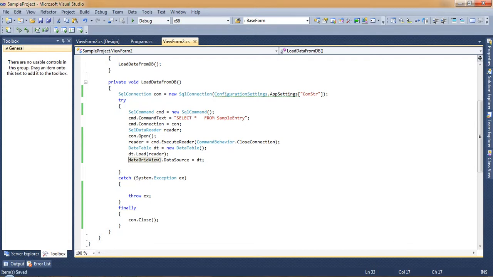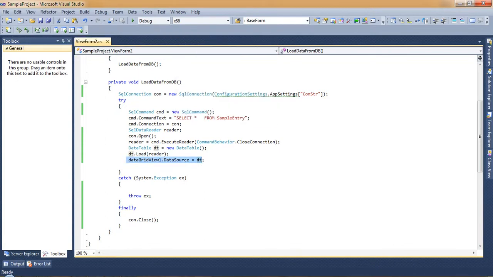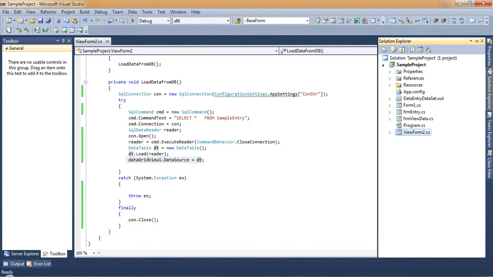So what we did in this video is that I created the connection string, command text, connection, created the reader, opened the connection, executed the reader, created the data table object, loaded that reader to the data table, and assigned that data table to the source. Now suppose I want to open any record for edit. To perform any edit or deletion, we need at least the unique ID.